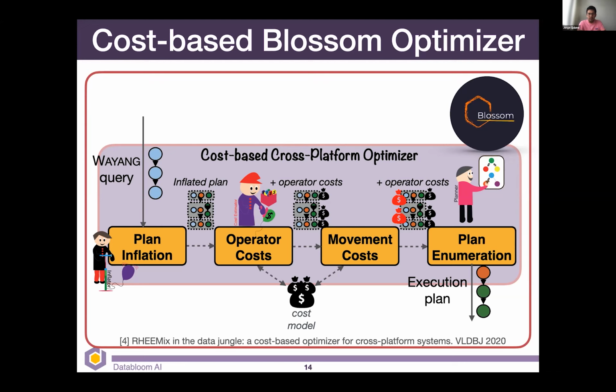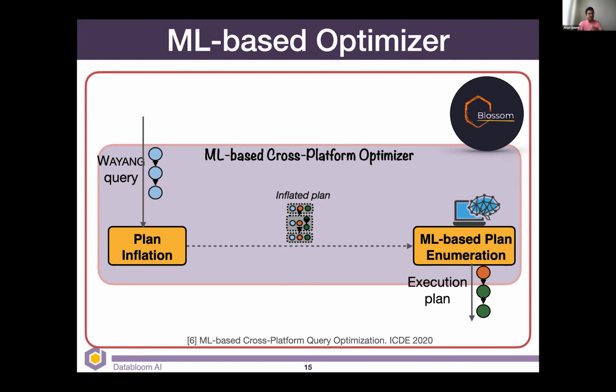That is why we are replacing today this cost-based optimizer with a machine learning based optimizer, where we remove this cost model entirely, and we don't estimate the cost for operators. What we do is generate a large training data set and learn a model, so that when we are enumerating the possible plans, we want to figure out what is the right combination. We just simply ask the machine learning model,